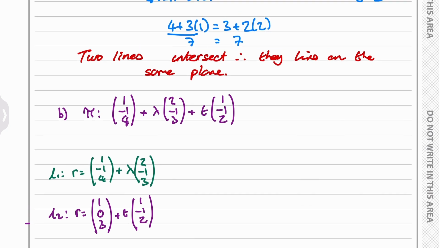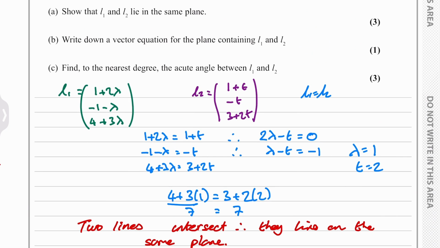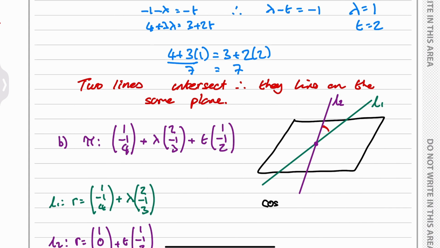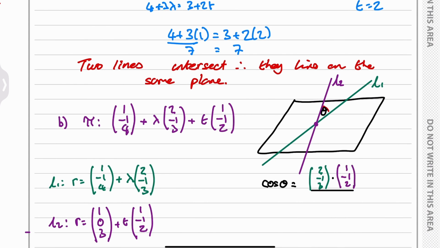For part C, find to the nearest degree the acute angle between L1 and L2. So what we need to find is this angle here, where cos theta, if this is theta, will be equal to a direction vector of L1 dotted with direction vector of L2, which is here,